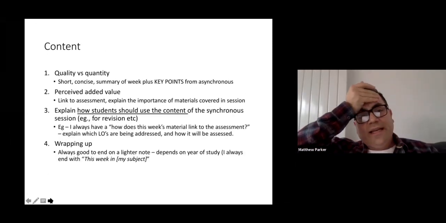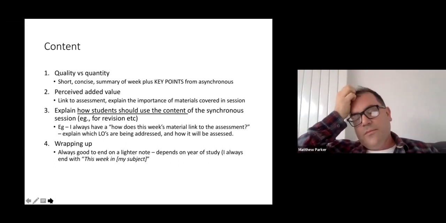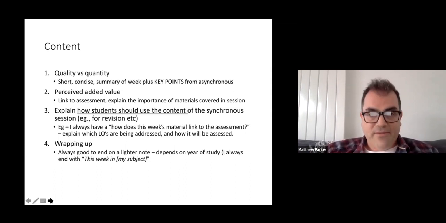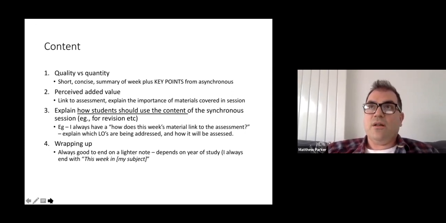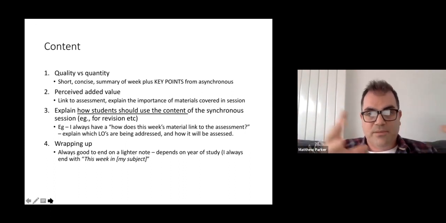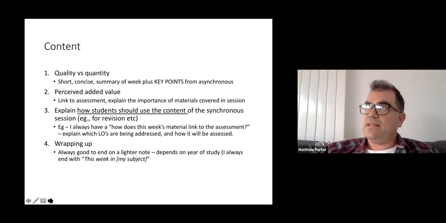In terms of content, I'm massively in favour of quality over quantity. I think that we really have to be very careful to make sure that we don't overload the students with information. There is a danger that we are trying to do too much with the blended learning, in the sense that